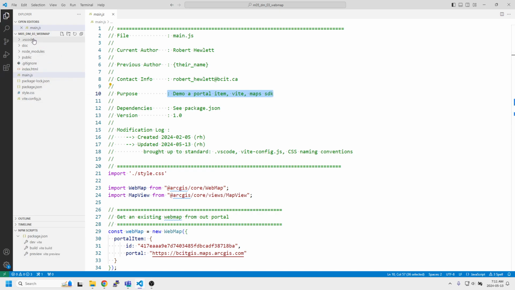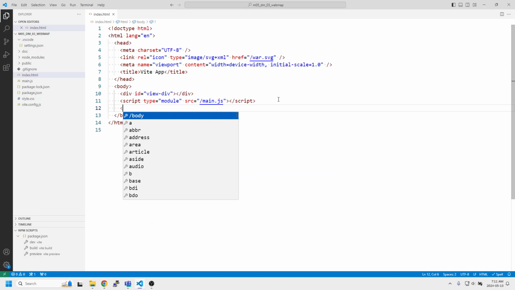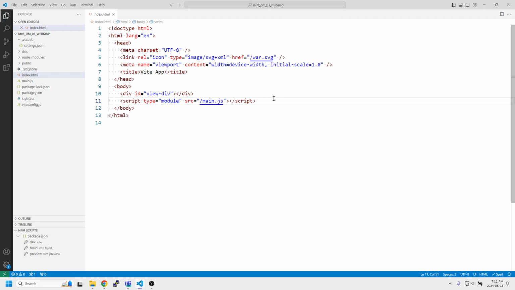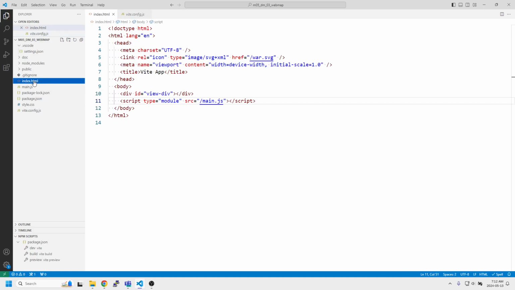We've already done some updates so that we have the IntelliSense for CDS built in, and we could go over here and just test that to make sure it's working. We're not going to use Calcite in this, but we want our base project ready to go just in case we do. We have our Vite config that's going to launch the tab automatically, saving us some clicks. The index.html is not much: a placeholder for the map, and a reference to run the module main.js. That means this main.js is written in ECMA 6 or higher